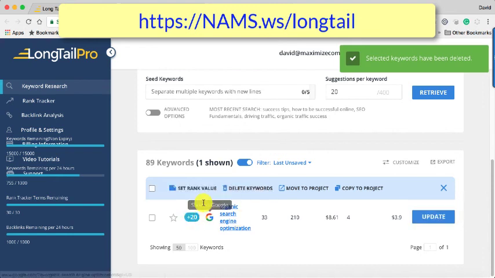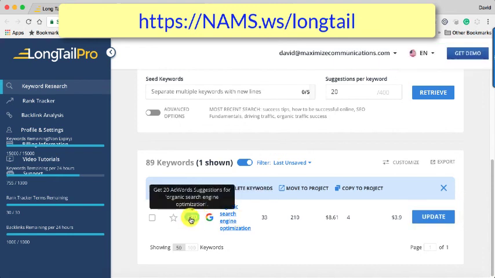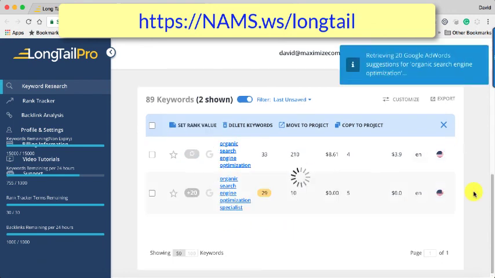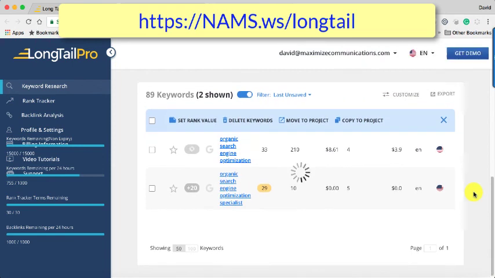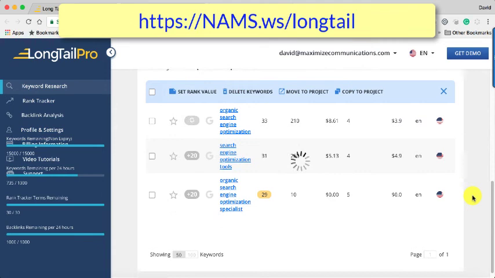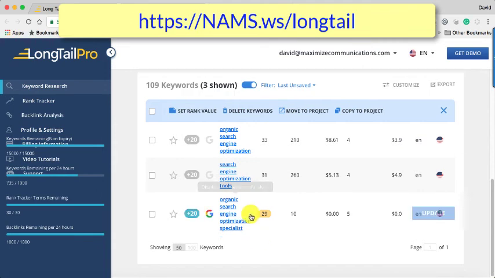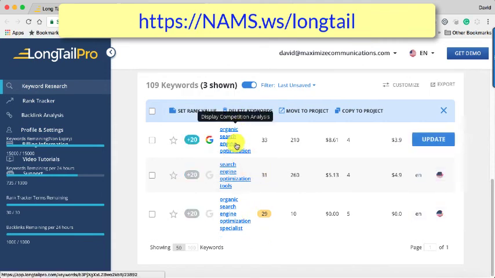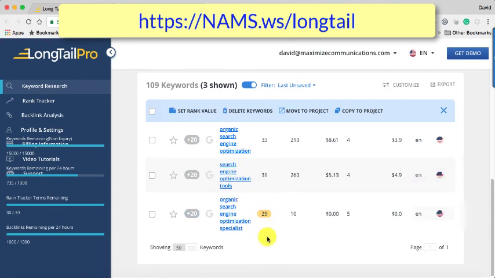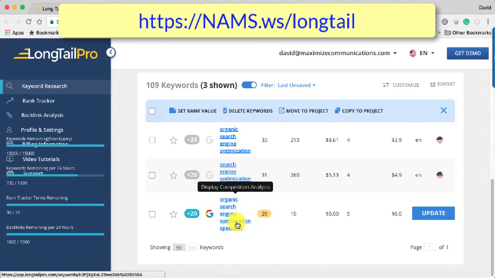And I click the plus 20 on this and see what else I get. So plus 20 is going to add 20 keywords there, or whatever it finds within my filter. So there's 1, there's 2. It's found 3 keywords here: organic search engine optimization, search engine optimization tools, organic search engine optimization specialist. Okay, and it says right there that falls within my easy